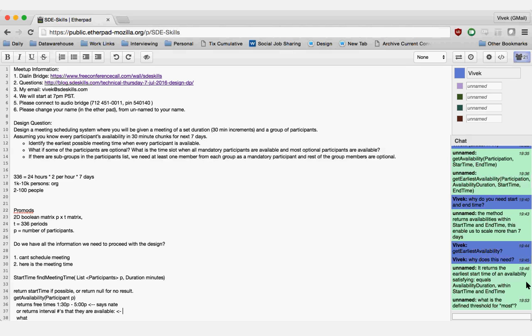What does the heap represent in this case? The heap represents the intervals when at least one person is available from the group. Yes. But that doesn't change anything, right? I don't think it even makes sense.